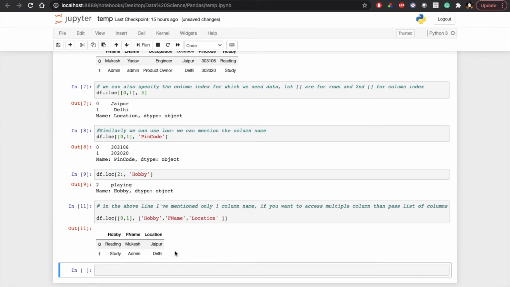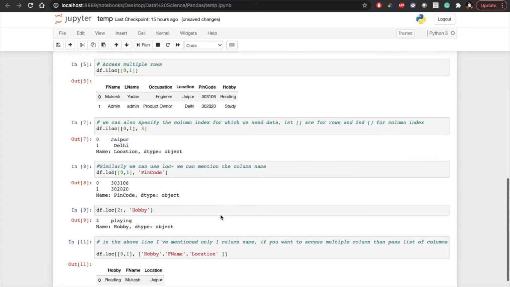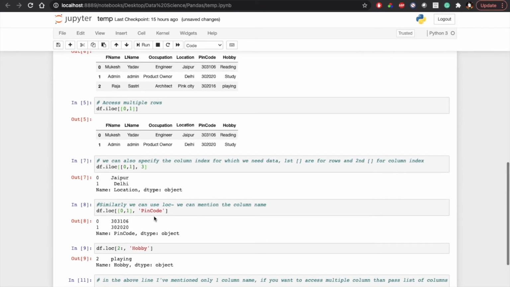There are many more operations we can perform on data frames. So I would request you all to go through this tutorial and do some hands-on. Once we move forward, we will start using Excel sheet data. We are going to import the Excel sheet and CSV file, and we will access the top values by using the head method, specifying how many rows we want. We will do every operation, so slowly we will move forward. Please do some hands-on on this one, and based on that you will get a clear-cut idea.